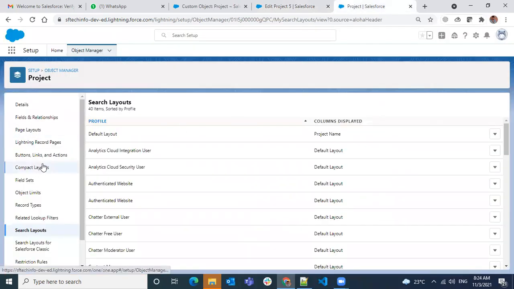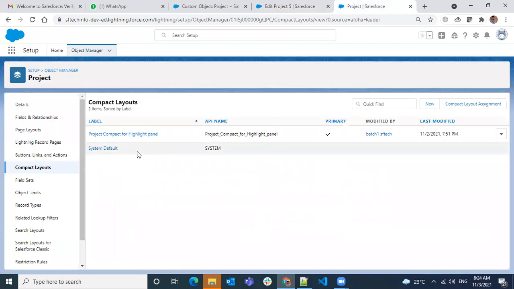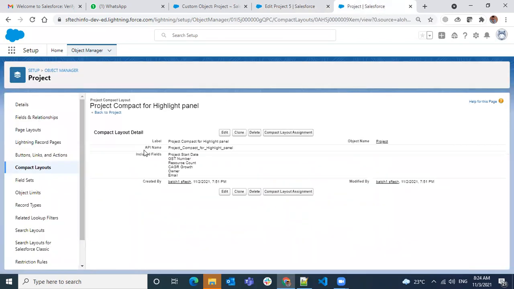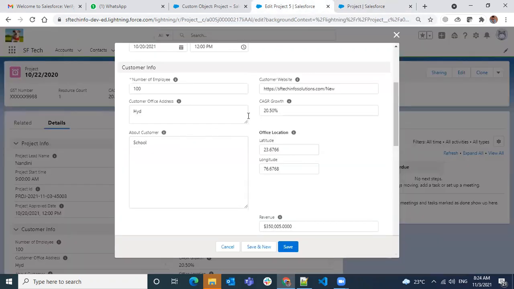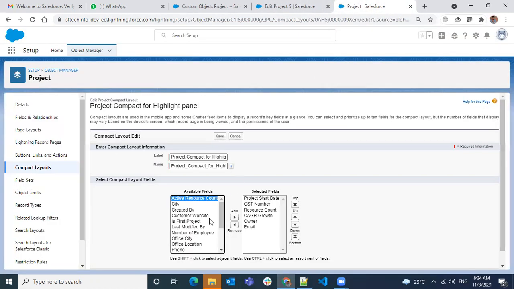Let's have a visual and then we can check. This is where I want to edit. So edit. See, one is about customer, right? Do you see anything about customer here? No. And then technology used? No. About customer, it's not there.